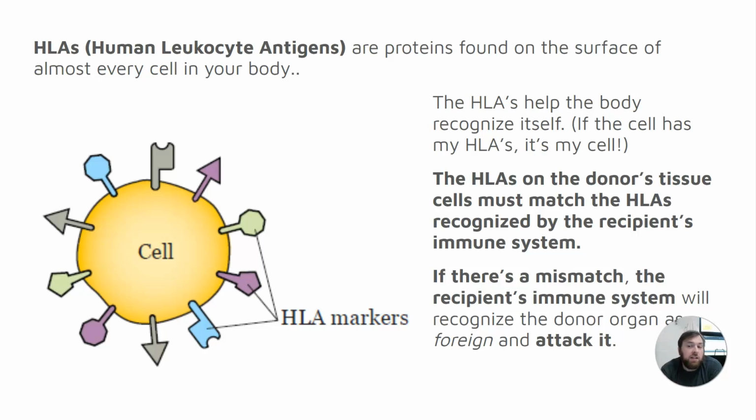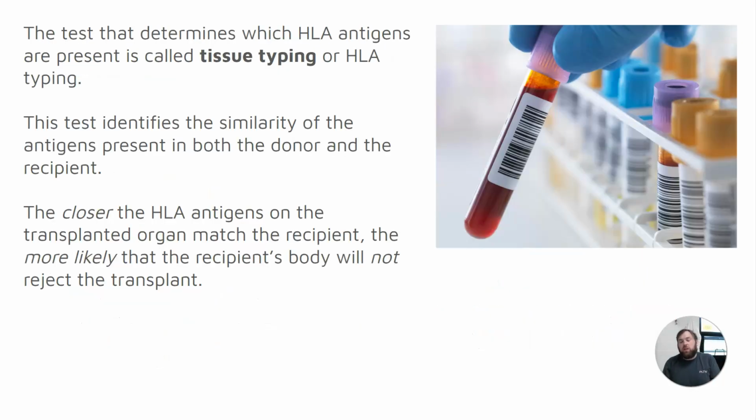So obviously HLAs are super important because they must match the donor's cells with the recipient's cells in their immune system. The donor cells that they have on the tissue that they are donating must be recognized as self cells even though they're coming from a different source. So what we need to do is a test called tissue typing or HLA typing. This test is going to determine how similar the antigens on my cells, the recipient cells, are compared to the